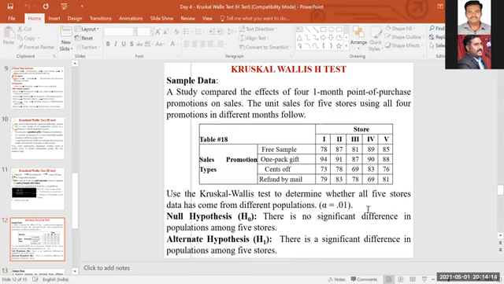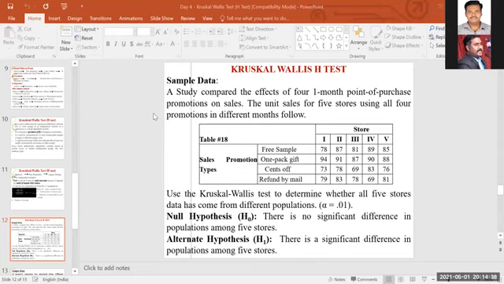That's why I framed this hypothesis. Suppose this line is not there, and they are asking to test the Kruskal value to find out the effectiveness of sales depending on the store and the promotion type. Then in that case, I would have prepared another null and alternate hypothesis depending upon the promotion type, like a two-way ANOVA. How did we do two-way ANOVA, right? Depending upon the variety, depending upon the blocks. The same thing we can do here.